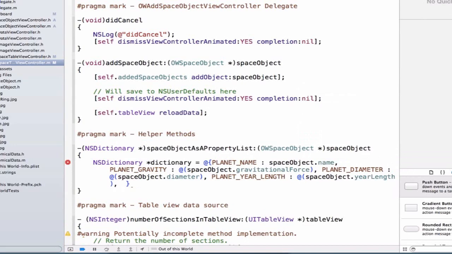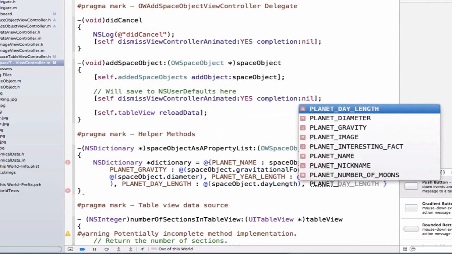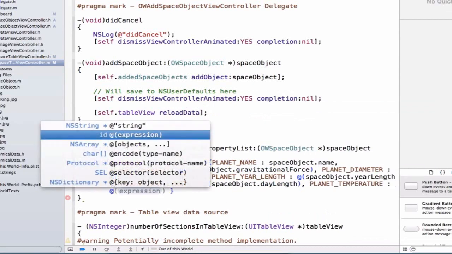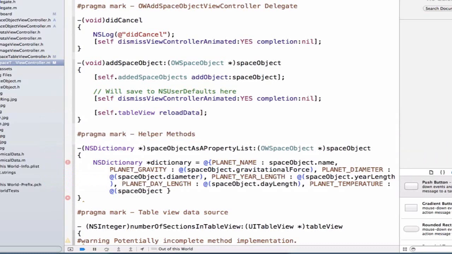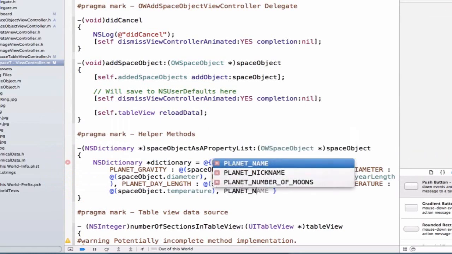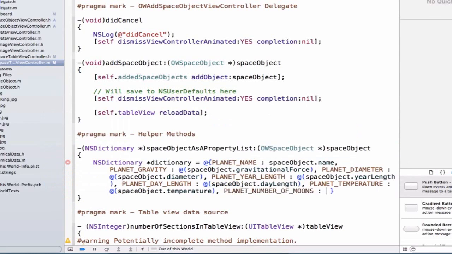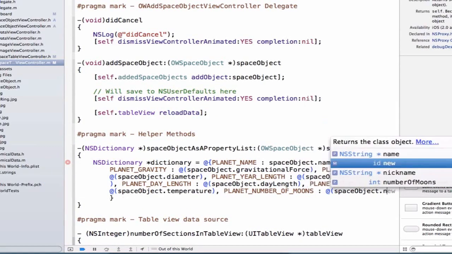And next, let's do the planet day length, and we'll do colon, and we'll say at parentheses spaceObject.dayLength, and we'll do a comma at the end here. And next, let's do the temperature, so we can say planet temperature, and we'll do colon, and we'll say at parenthesis, and we'll say spaceObject.temperature, and we'll add a comma. And next we can do the number of moons, so we'll say planet number of moons, and we'll say colon. And again, we want to convert this to an NSNumber, so we'll do spaceObject.numberOfMoons,